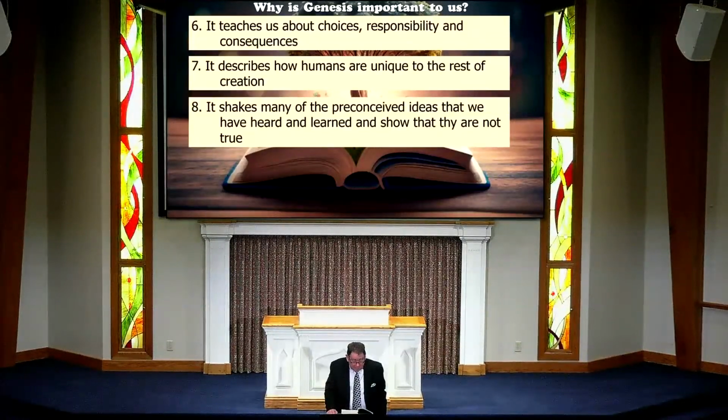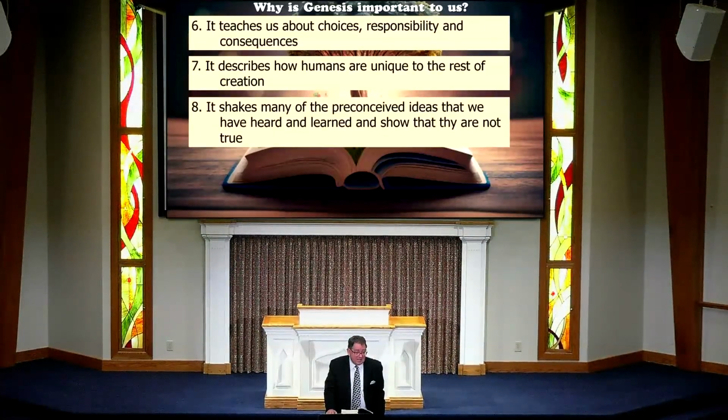God made the beasts of the earth after their kind, and the cattle after their kind, everything that creeps on the earth after its kind. God saw it was good. Then God said, let us make man in our image, according to our likeness, and let them rule over the fish of the sea, over the birds of the sky, over the cattle, and over all the earth, every creeping thing that creeps on the earth. God created. See that word? Used back in verse 1.